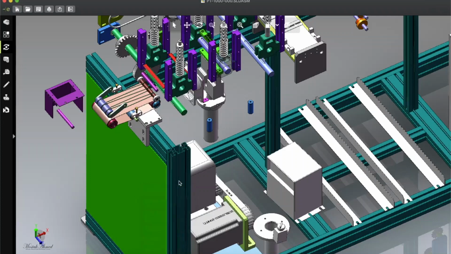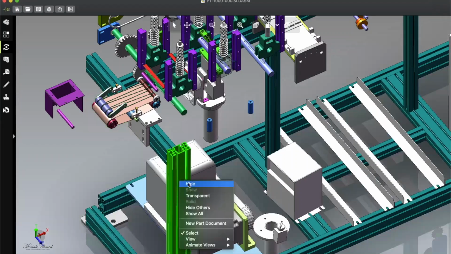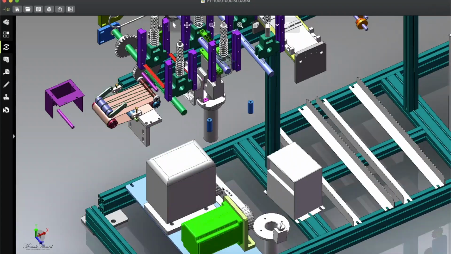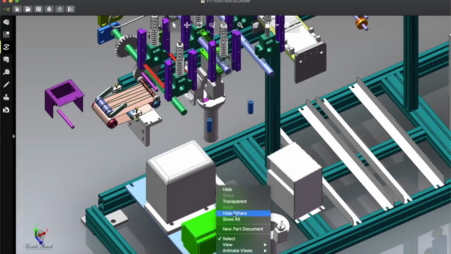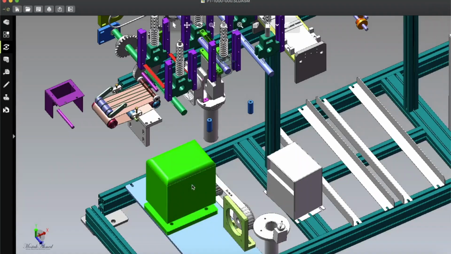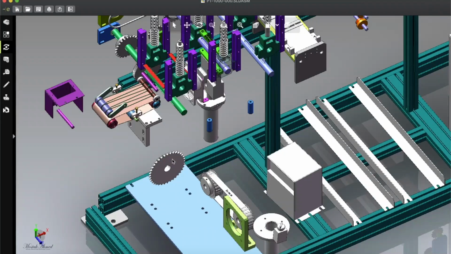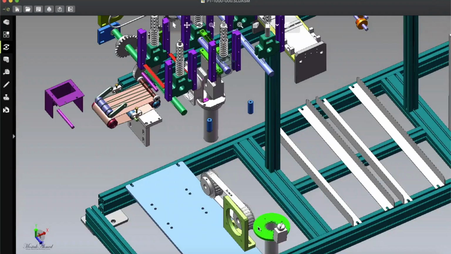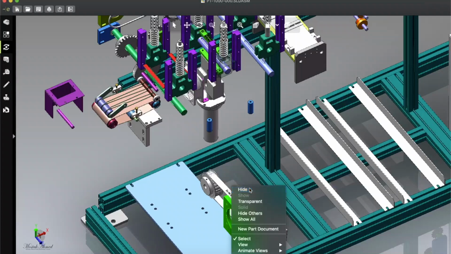So let's hide this part and this frame too, so that you can see the motor clearly. Okay, so this motor looks very nice. Here you can see the belt, this motor is connected by belt. Let's hide it. And I found one downside of this machine. Do you know what? Although it is a second generation machine, but here you can see they used